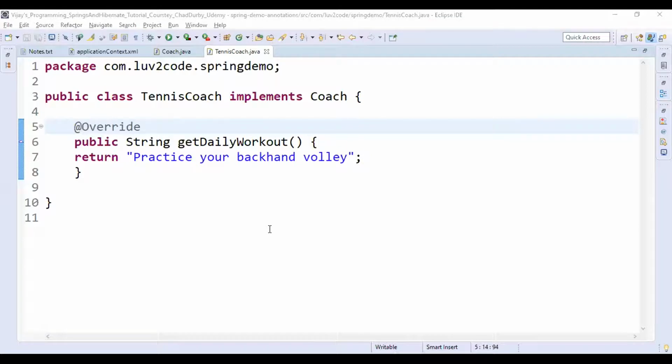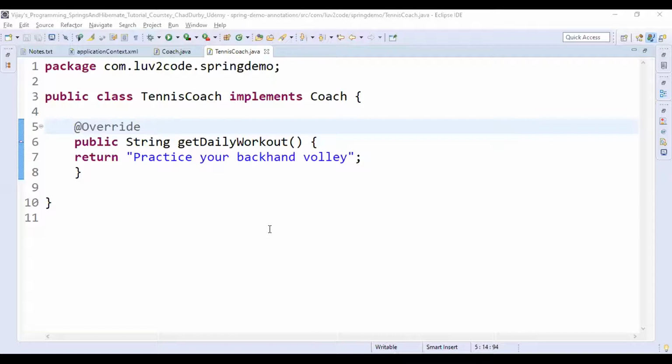What happens at compilation time is that the compiler will check our class, that is the tennis coach in this case, to make sure that we are really overriding the method. It will cross check our annotation declaration, as we have promised to the compiler.